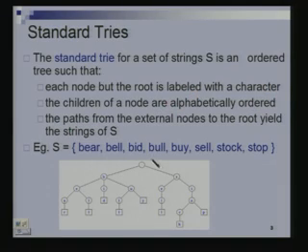Now, the children of a node are ordered alphabetically. What does that mean? Each node is going to have a particular character in it, and if I look at all the children of this particular node, then those are going to be ordered alphabetically. So B will precede C. If C were there, then C would come after B, and so on. This has just 2, B and S, so B comes to the left of S. This had 3, E, I and U, so they come one after the other in this order. So it's an ordered tree.